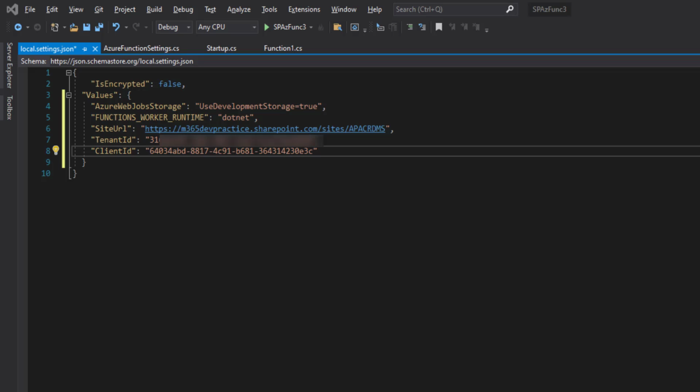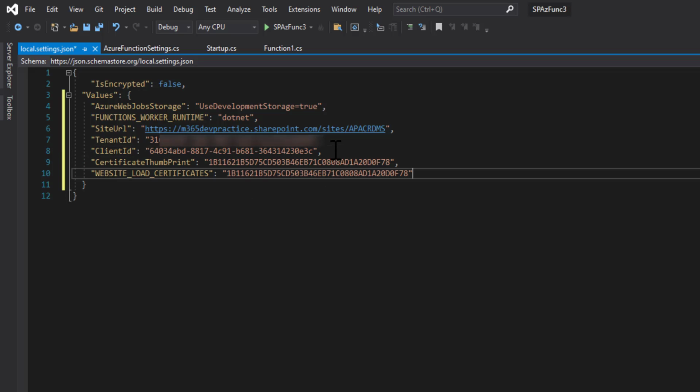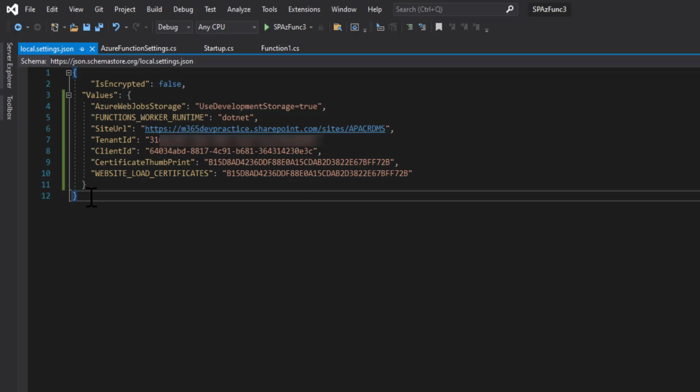And next we will have the thumbprint, but the thumbprint should be given in two settings: one is certificate thumbprint and another one is website load certificates. This is not the actual thumbprint. Our thumbprint starts with B1 and ends with B2B. I'll just paste it. Make sure the formatting is right.